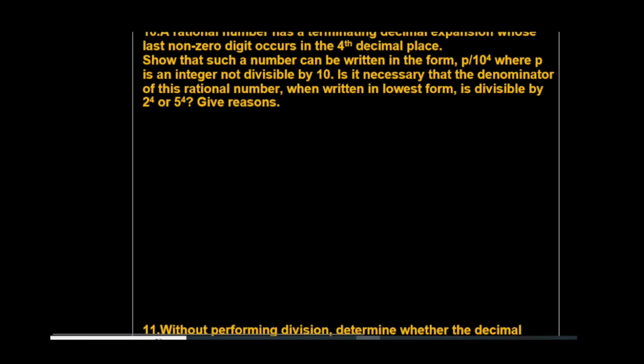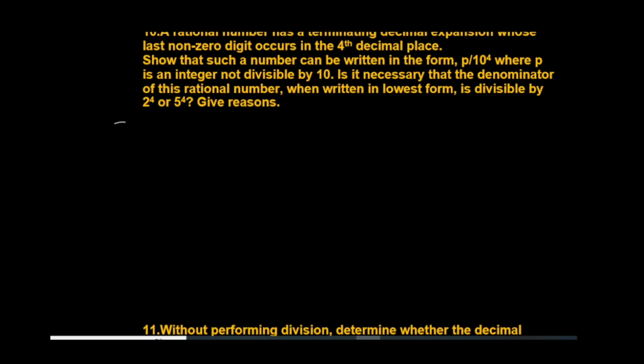Next, a rational number has a terminating decimal expansion whose last non-zero digit occurs in the fourth decimal place. Show that such a number can be written in the form of p by 10 power 4, where p is an integer not divisible by 10. Is it necessary that the denominator of this rational number, when written in the lowest form, is divisible by 2 power 4 and 5 power 4? Give reason. So let's take a number. Suppose x is equal to